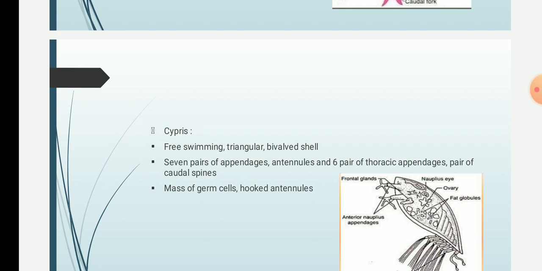Then Cyprus larva is a larval form of Sacculina, and this Cyprus larva then further forms the Kentrogon larva. Whereas the Zoea larva also differentiates into mysis, and mysis then forms prawns or the adult mysis, whereas Zoea also develops into the Megalopa larva, and the Megalopa larva gives rise to the crab.